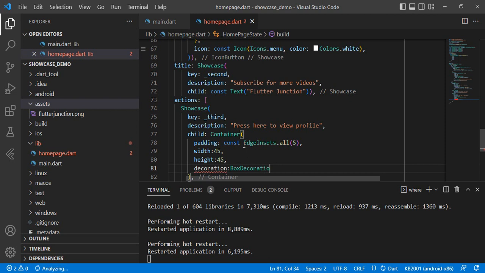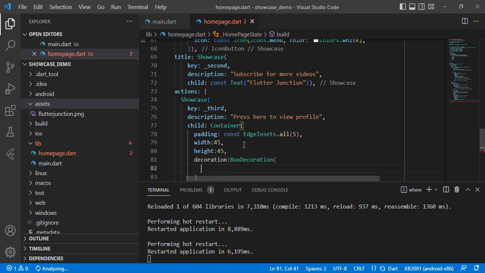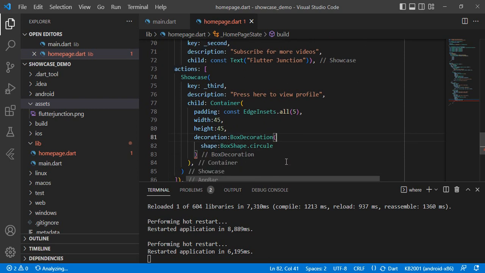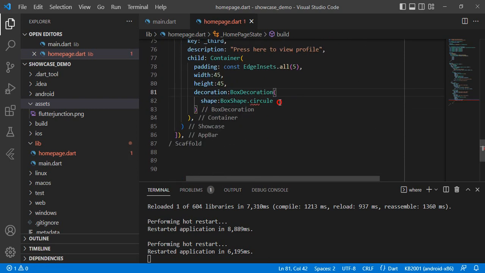We are going to make it circle, box decoration, and shape, BoxShape.circle. Okay, and then the child should be circle,